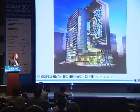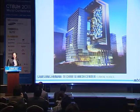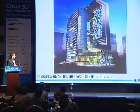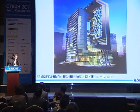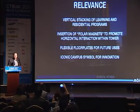Second project I want to share is the Samsung Human Tech Research Center. Samsung Electronics has been a longtime client of NBBJ for many years. And several years ago, we were approached to design this building on their Suwon campus. And the challenge with this building, well, with Samsung was, and I apologize for the darkness of the background image, but